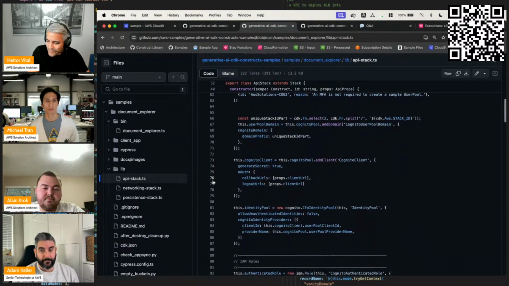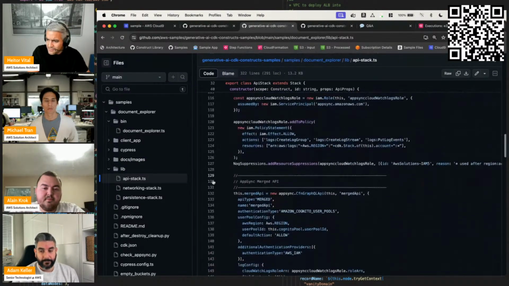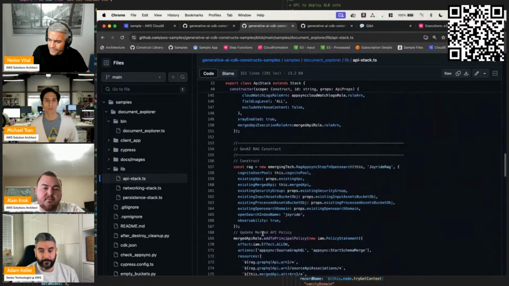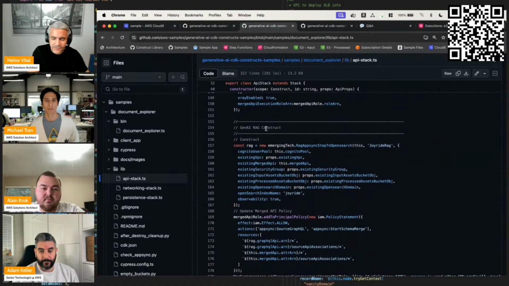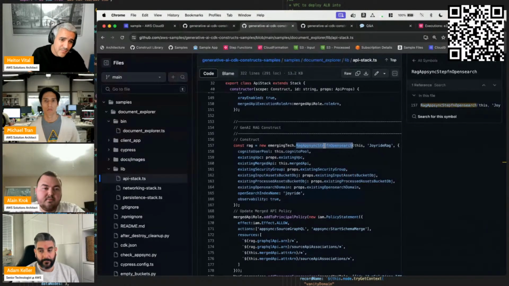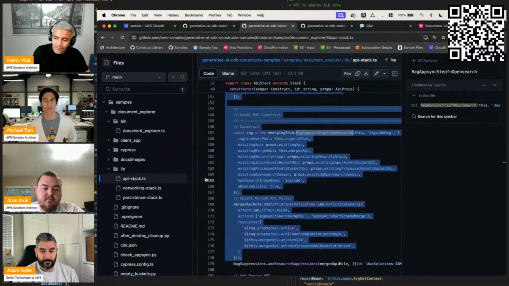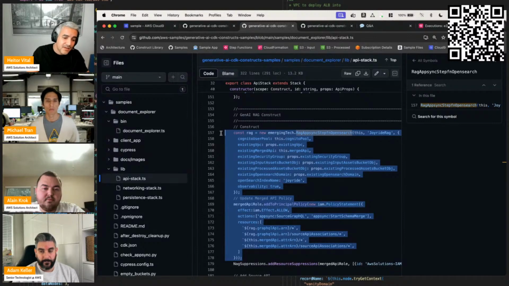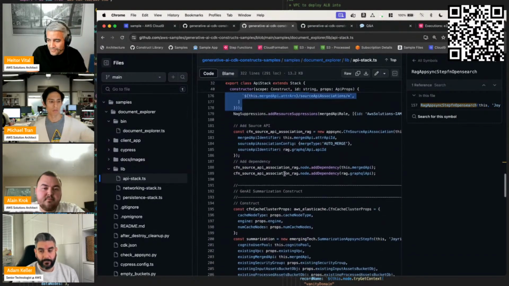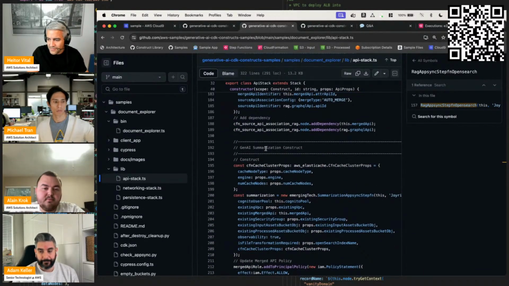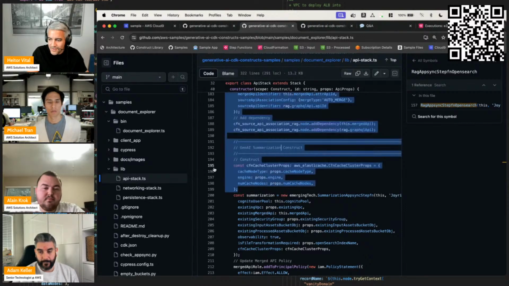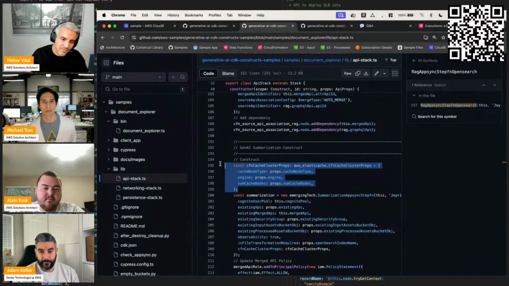And if I keep going down, this is where I call the constructs. So I'm just reusing what I imported from the construct library. Instead of defining every single step in my application, I'm reusing what I have available in the construct library. And we can see all the constructs here as well. This is the summarization, and this is how we define the summarization and so on.